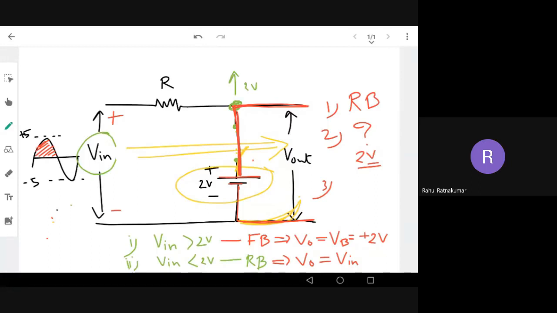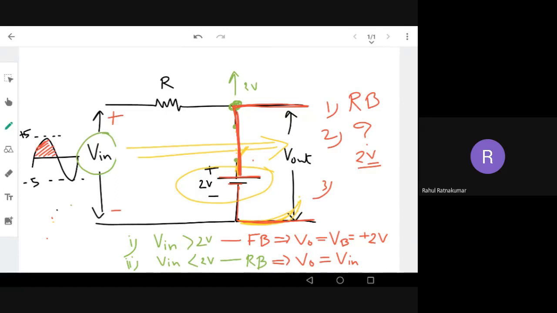You have to go step by step. First, see what is the condition of the diode. Is it reverse bias or forward bias? Then how much reverse bias it is, or how much forward bias it is. Then based on that, you should think that if the input is greater than 2 volt, then only the diode is on. If input is less than 2 volt, the diode remains off. Okay. Then use Kirchhoff's law in both cases. You will get the two conditions.